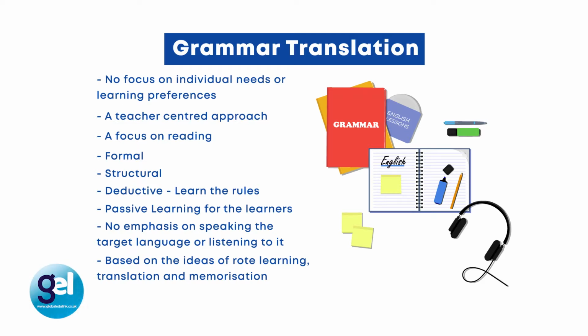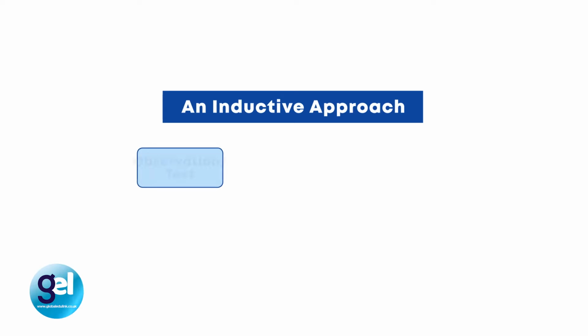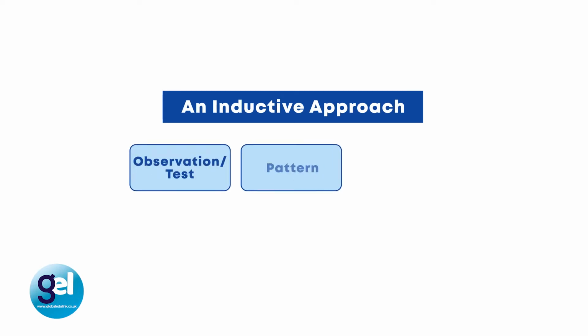So it's a very different approach from a more learner-centred approach today, which allows for more learner autonomy and is generally less formal. The second method to look at is the direct method. And this was a reaction to the outdated grammar translation method. The direct method came about in the early 20th century. It followed an inductive approach. Remember inductive? Discover and practice.